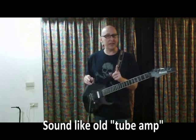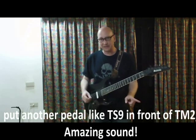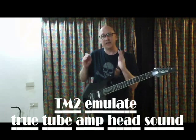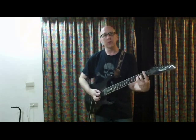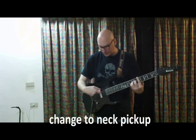And as you can see, this setting right here is not really a high gain setting. So if you were to put another pedal in front of it, that would be cool, like a tube screamer. This pedal is designed to emulate the head of the amplifier, okay? So let's hear it again here. All right. And then if we're going to switch,